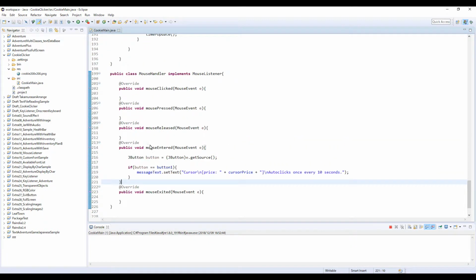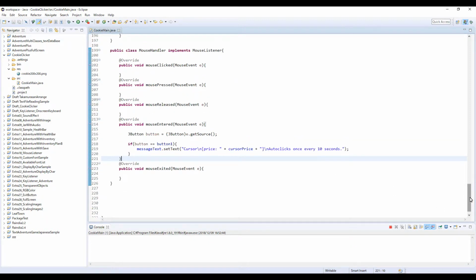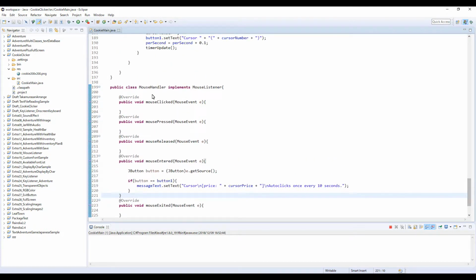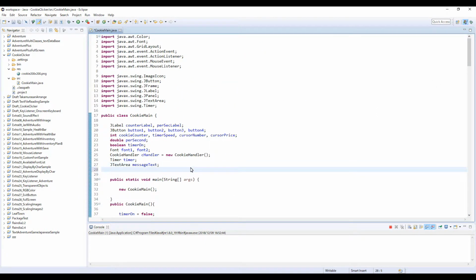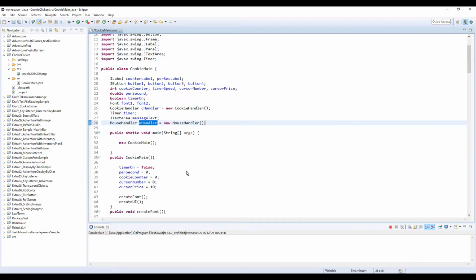And also, I forgot something. We need to add this mouse listener to these 4 buttons. So let's instantiate a mouse handler, name this m handler or something, equal new mouse handler, and let's add this mouse handler